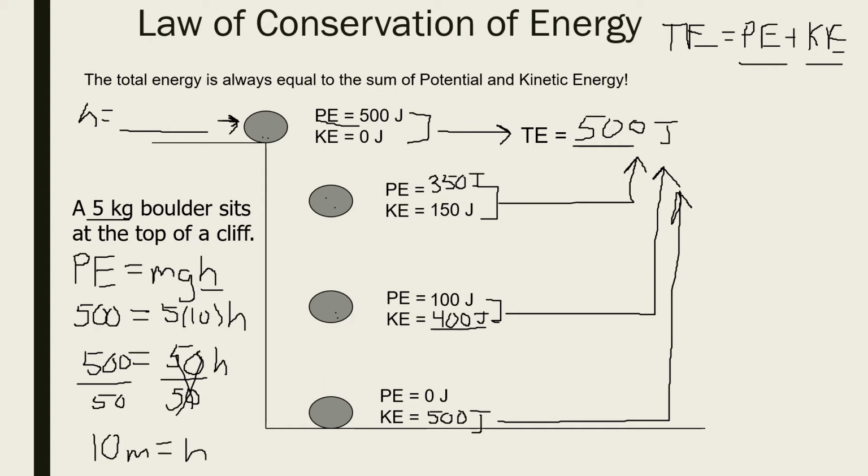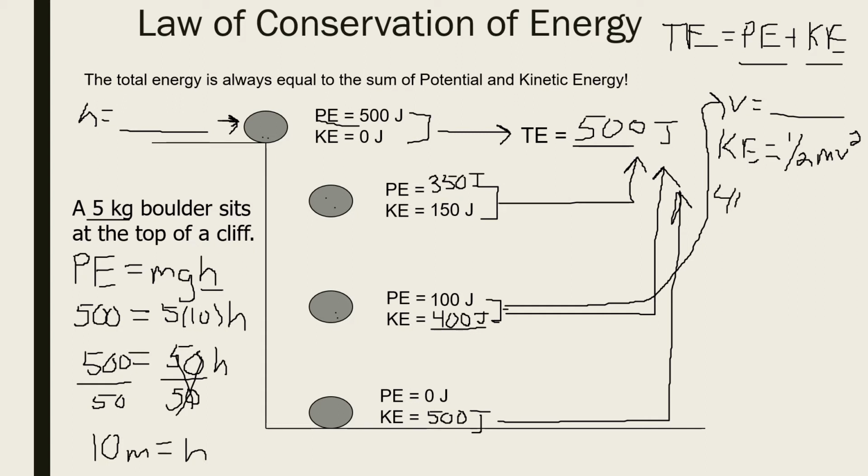What if, let's just pretend, what if I wanted the velocity right here? I wanted the velocity at this spot. In order to solve for the velocity at this spot, I have to use the KE equation. Remember, when solving for height, you use PE. When solving for velocity, you use KE. Here's the KE equation in case you forgot it. At this spot, I have a KE of 400 joules. 400 equals 1/2